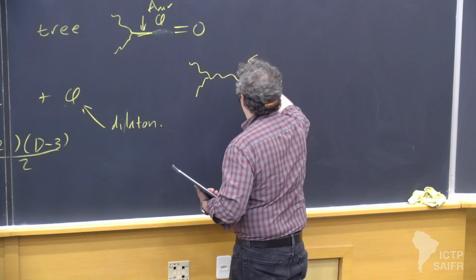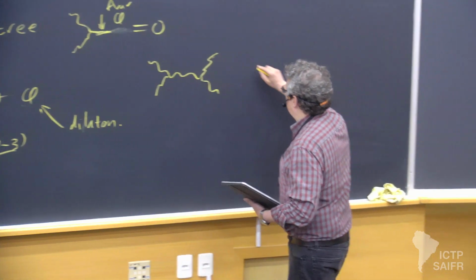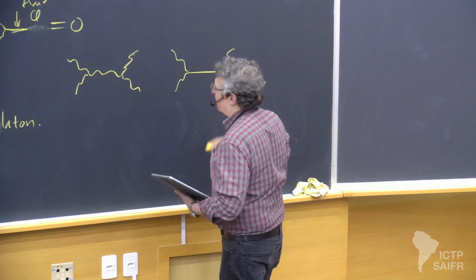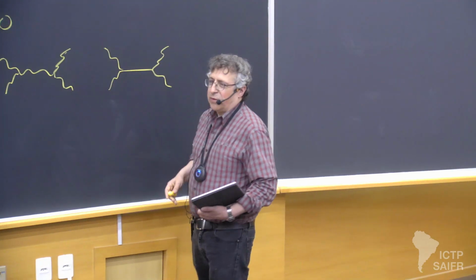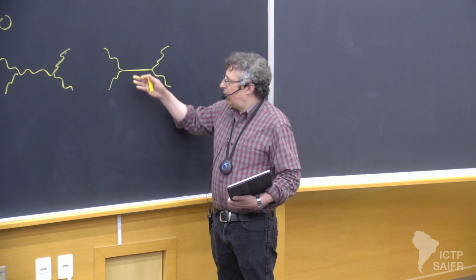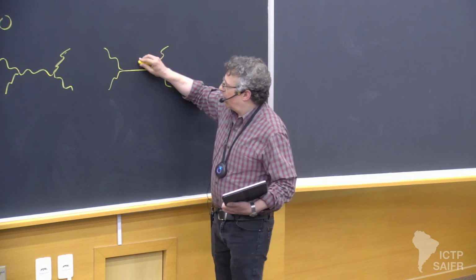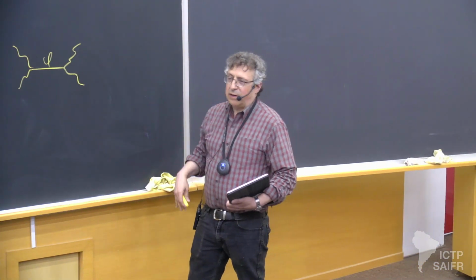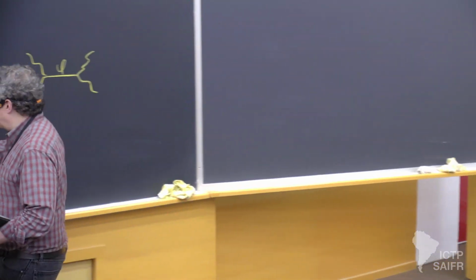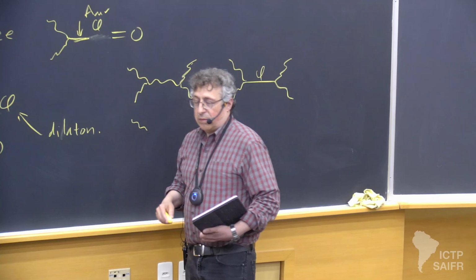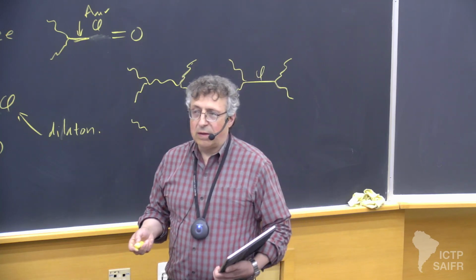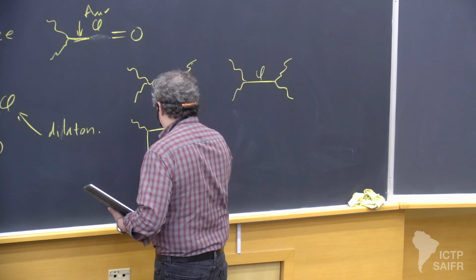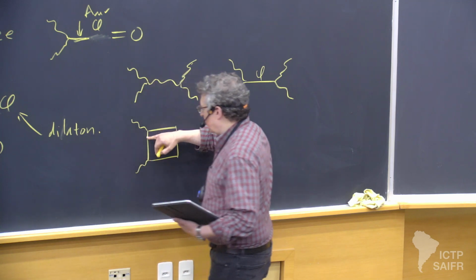So here's a diagram I can write down. I cannot write down this diagram, or this is not going to contribute for minimal coupling, where this is a phi. Okay, so it's just gone, and you don't have to worry about it. At loop level, on the other hand, so we are going to go to loop level, then there's a little problem because